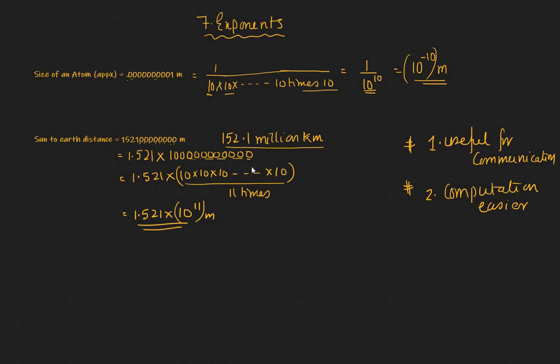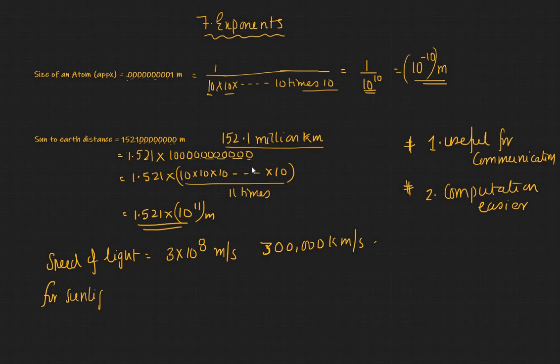So let's take an example. Let's say the speed of light is 3 into 10 power 8 meters per second. So that's about 3 lakh kilometers per second, right? So that's the speed of light. So for sunlight to reach Earth, the time taken is distance by speed of light,